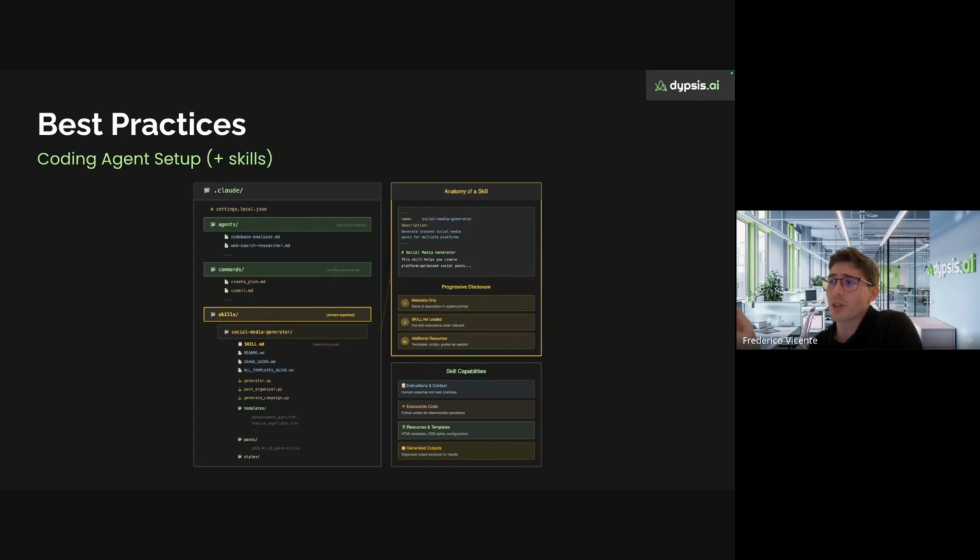Because you can have executable code running on them, and they are dynamically called by the agents, they can be really powerful. And this is how you can add some skills. So you create a skills folder, and you add some subfolders with the specifications of how the skills work.